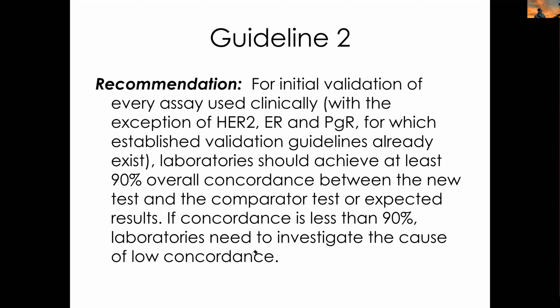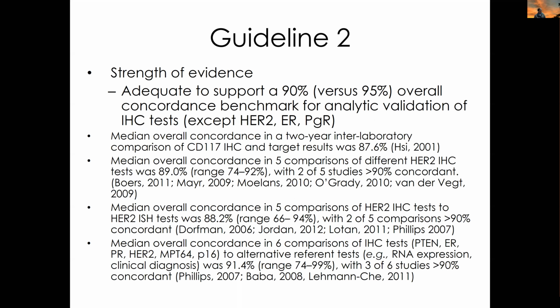So repeat testing. Did the assay not work on that sample? Does a higher antibody titer make a difference? Was the tissue fixed differently? Or is there some other variable that you haven't accounted for that has caused you to drop below that 90% threshold? For this guideline, the strength of evidence was quite adequate to support the 90%, as opposed to the 95%,